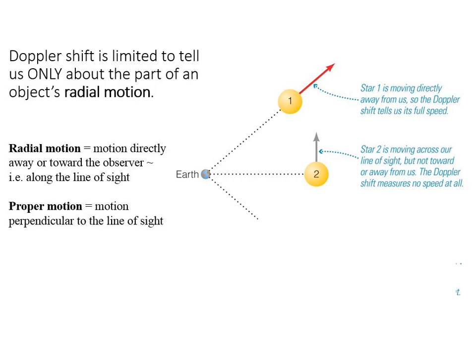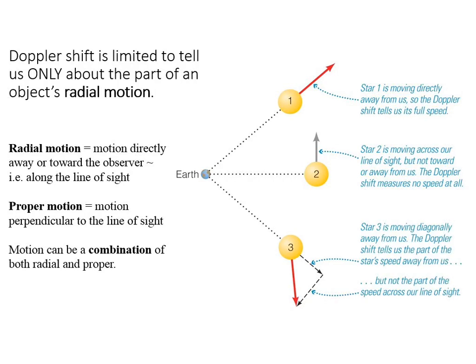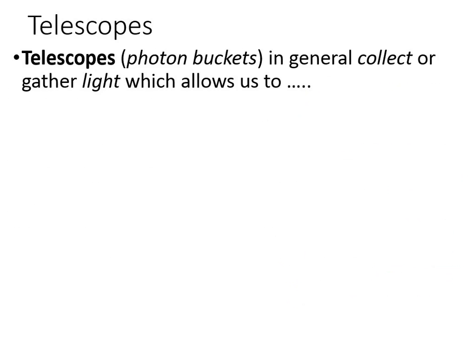Now this star, star number 2, has what we call not radial motion, but proper motion. So with star number 2, you're like, no, I really don't see us being able to use the Doppler effect or the Doppler shift. Our best bet, if it's not too far away, is that we'll actually see it relocate against the background stars, which is possible. Oftentimes, though, we have a scenario like star number 3, which has both a radial component and a proper motion component. So we can get a fix on the radial, but the proper motion is going to have to be approached some other way. All right, on to telescopes.